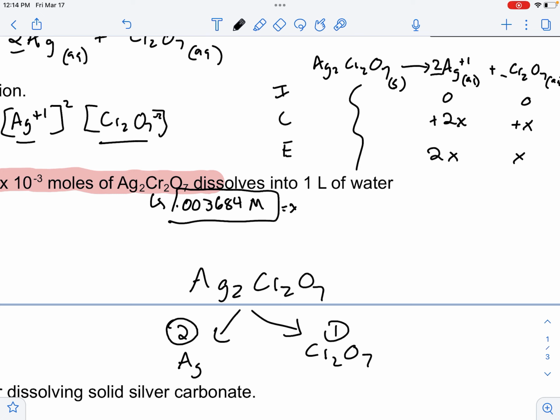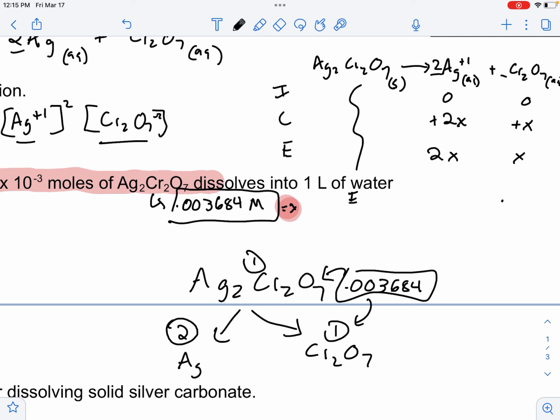So if our silver dichromate has a molarity of 0.003684, that is going to be the same molarity as something that has the 1-to-1 ratio. For every 1 mole of Ag2Cr2O7, I get 1 mole of Cr2O7. So this value, in effect, represents x,